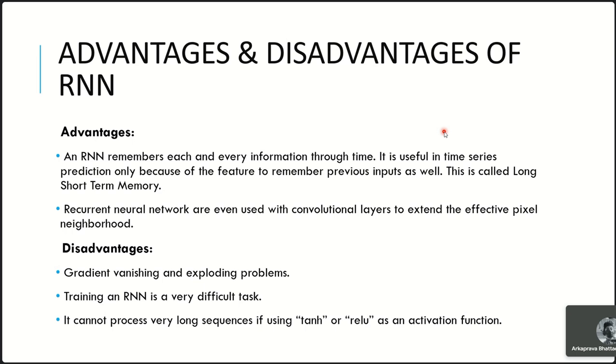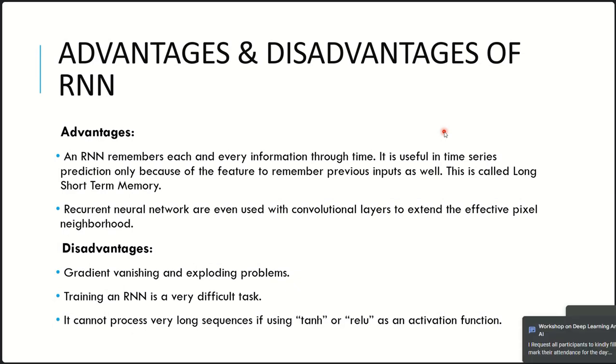And this is called long short-term memory, that is, remembering the previous context and then trying to give the current output. And recurrent neural networks are even used with convolutional neural networks for image captioning. Now, coming to the disadvantages,